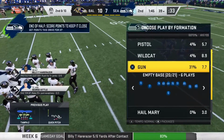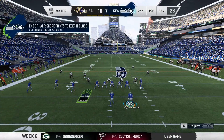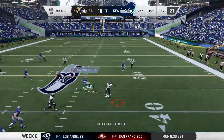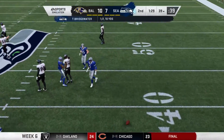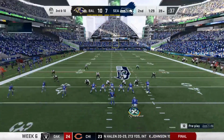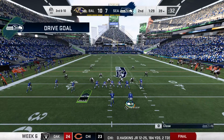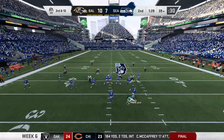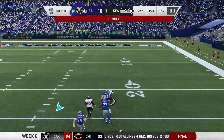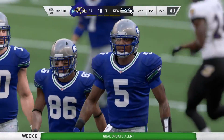The former LSU Tiger Dante Jackson on the stop. Officially nothing on that last run. They'll try again, 2nd and 10. From the shotgun, it's Bridgewater. And incomplete. He tried to leave it underneath. Nearly got picked. They may be lucky to have that one back. 3rd down. They had the incomplete pass on 2nd down. Now they need a big play here. 3rd and 10. Here's Bridgewater. Now he's hit, and Bridgewater loses the football. And it's picked up by the Ravens. And it's a huge return as he brings this all the way back down to the...